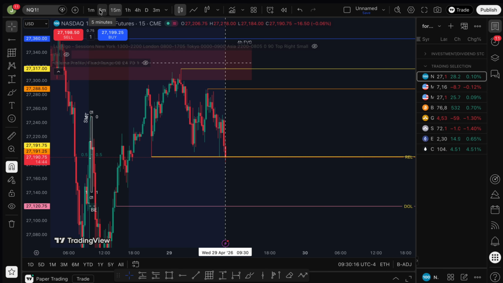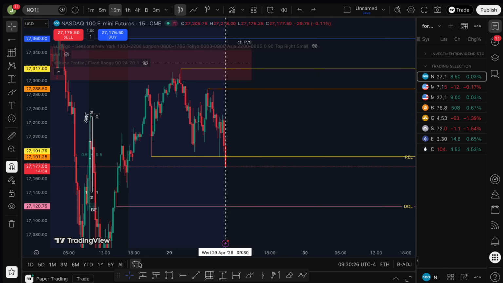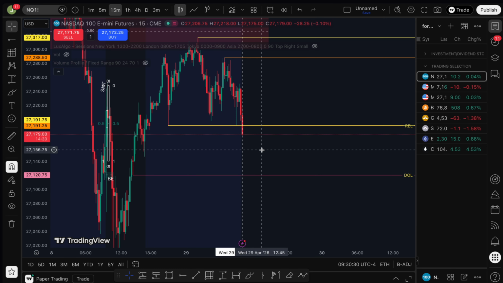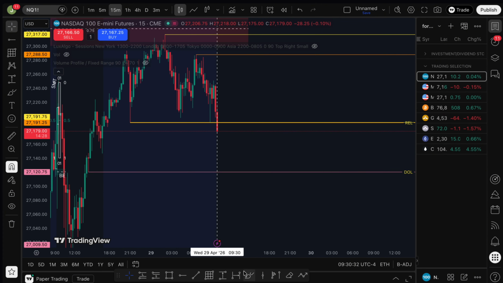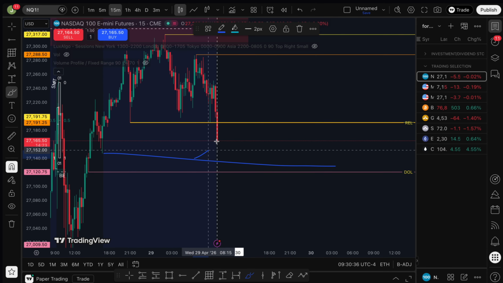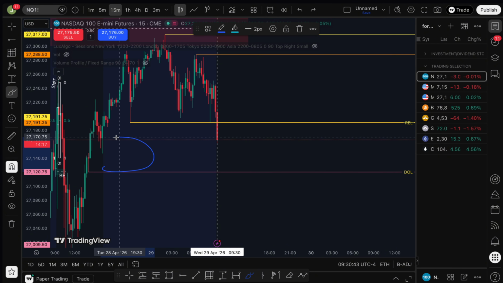Let's see. We hit the low, so it looks like we want to wait for this low to get hit, this or Asia highs to get hit, then we look for a reversal. I'm gonna let you guys know. I'm probably not even gonna trade today's FOMC. It looks like we're going down, low and low and low, so we could hit this low and then bounce off, or this low actually, and then bounce off. But I do think that these are draws on liquidity, here or here.